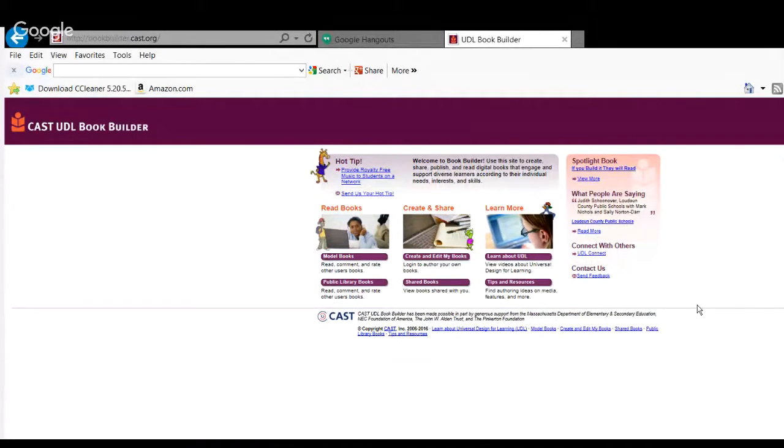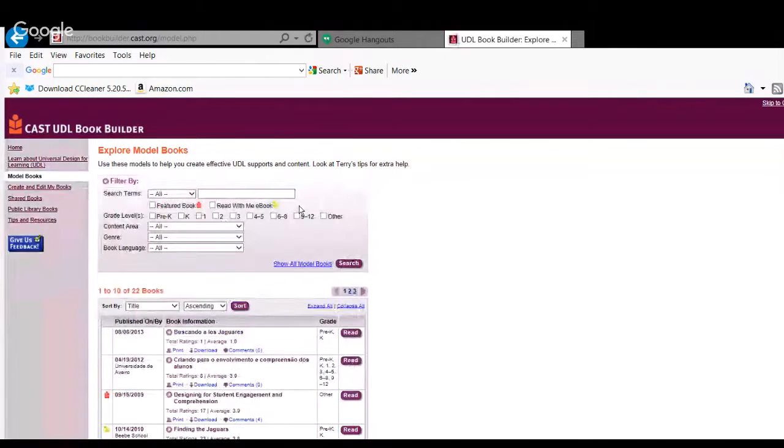Okay, so this is Book Builder. It's used for two main things. The first is to view digital books, and then you can also create your own books. So you make a free account, which is really nice that you don't have to pay for it. And then you can click here on Model Books, and then you can just click on the title, and it tells you over here the grade level, and then you just click Read, and the book will pop up,